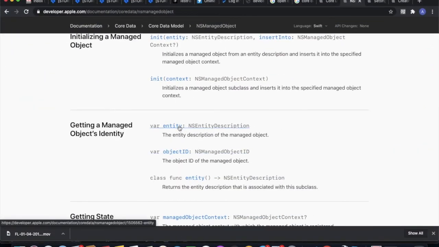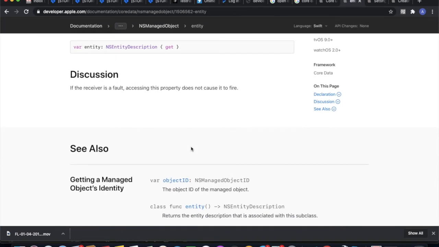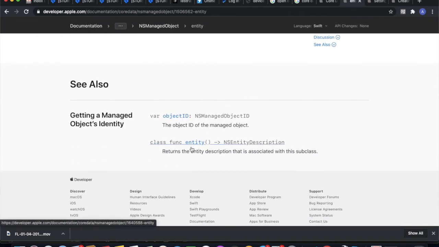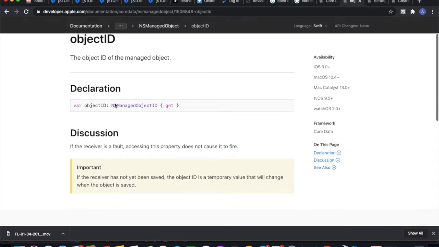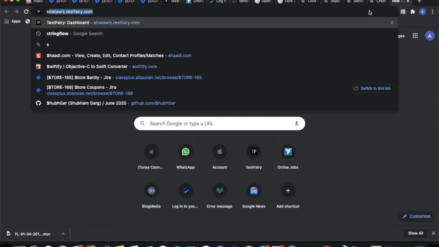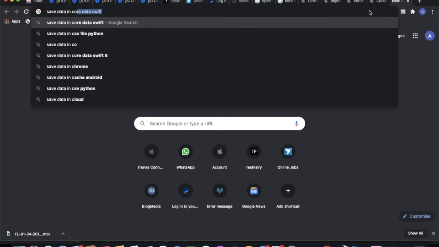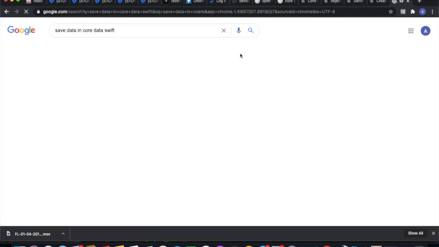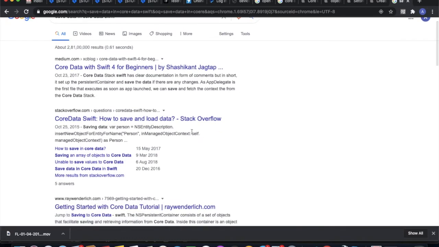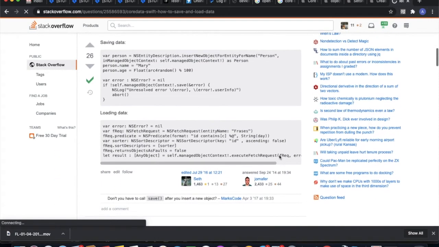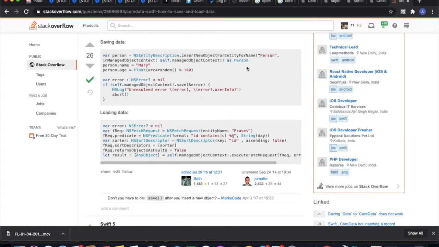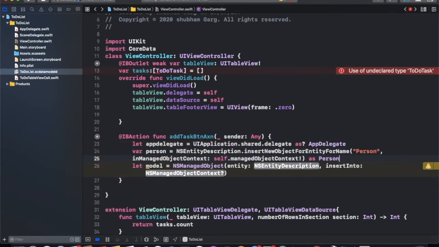Entity. We first need the entity description.